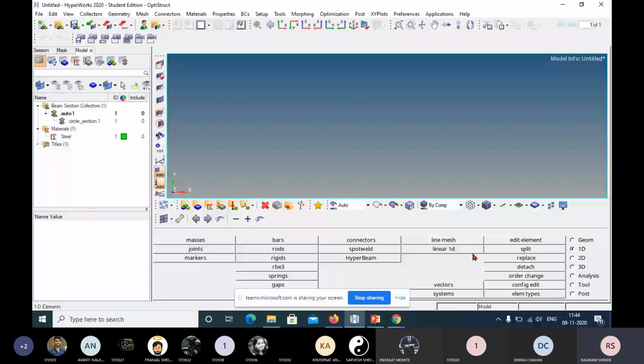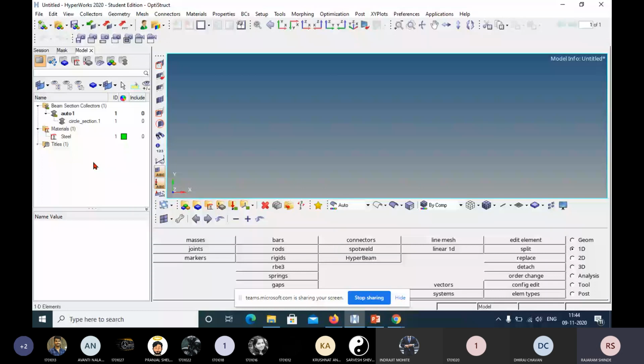Okay, now after that you go to the next step. Your M step is over, H step is over. Now you go to the next step. Next is P, that is property. Now the procedure which we used for creation of the material, the same procedure we can use for creating the property.